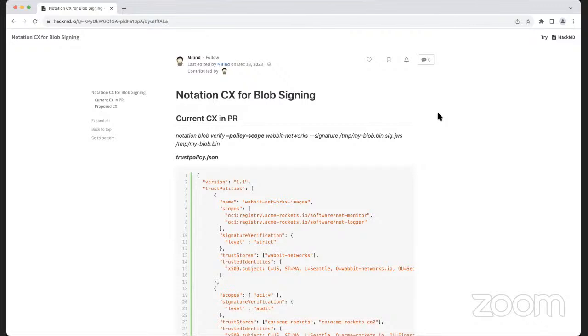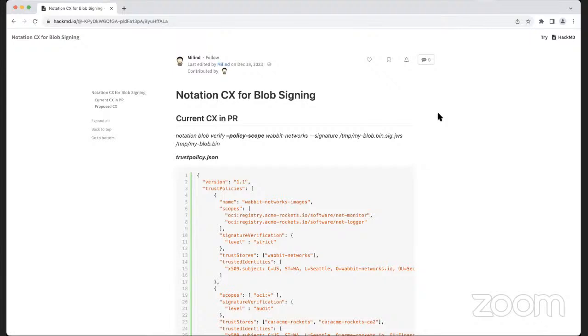So this is the blob verification, CLI experience, and policy experience. Rakesh has been working on this spec and CLI experience update, the PRs. We have been reviewing it. I want to make suggestions about the end user experience.